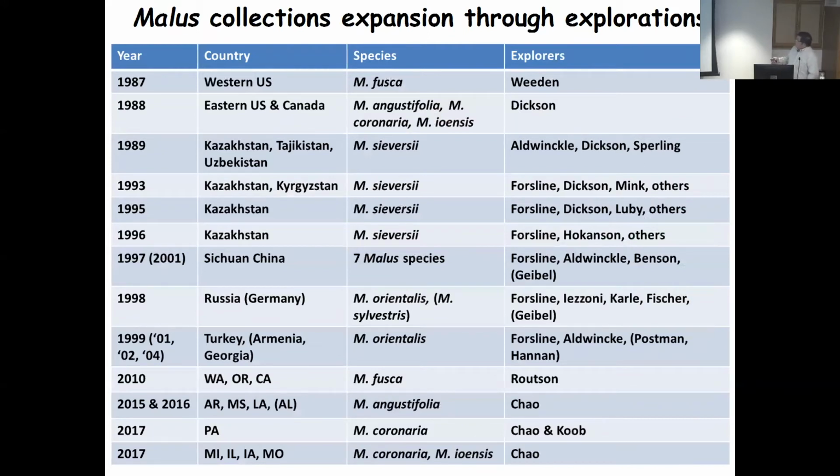This was followed by Dr. Elizabeth Dickinson, who was the first PhD student of Dr. Jeff Doyle. For her PhD at Cornell University, she collected a lot of material, angustifolia, coronaria, and also ioensis, and studied their genetic relationship. Then, starting in 1989, 93, 95, and 96, Professor Herb Aldwinckle, a professor at the plant pathology department at Cornell University in Geneva, together with my predecessor, Phil Forsline, and also researchers from different